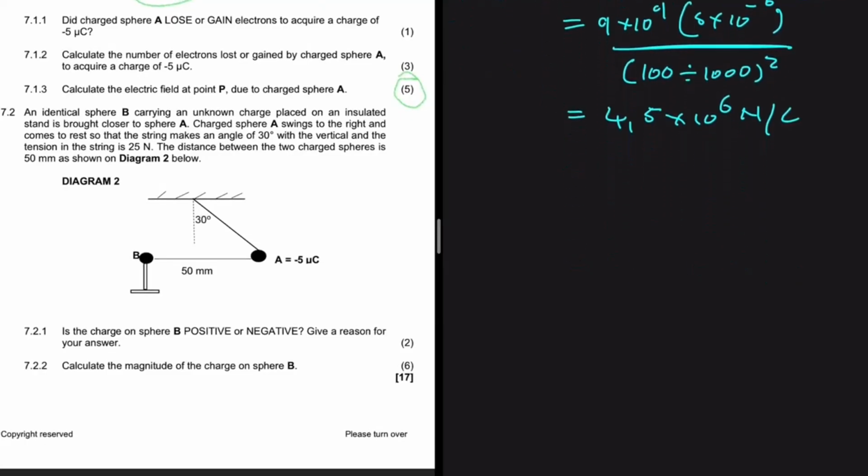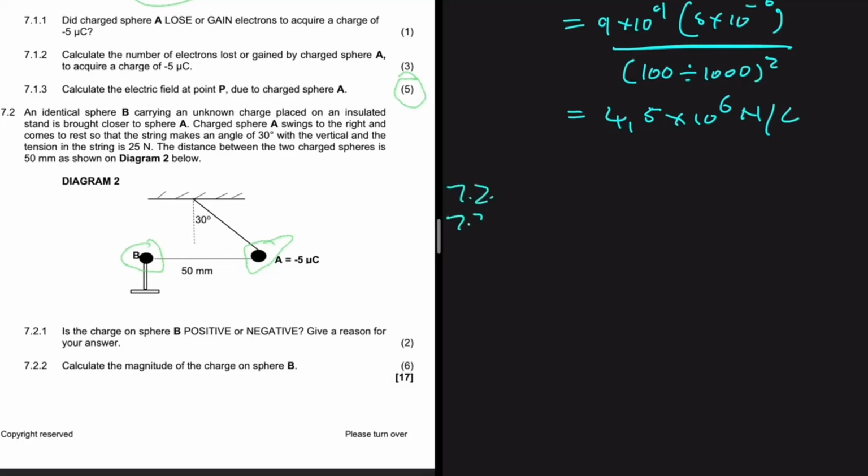And then 7.2: an identical sphere B, here it is, carrying an unknown charge, placed on an insulated stand, is brought closer to sphere A. Charged sphere A swings to the right and comes to rest so that the string makes an angle of 30 degrees with the vertical. The tension in the string is 25 newtons. The distance between the two charged spheres is 50 millimeters, as shown in the diagram below. And then without wasting any time,